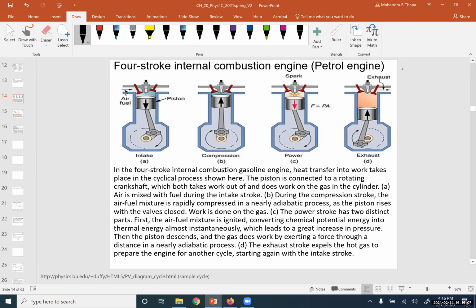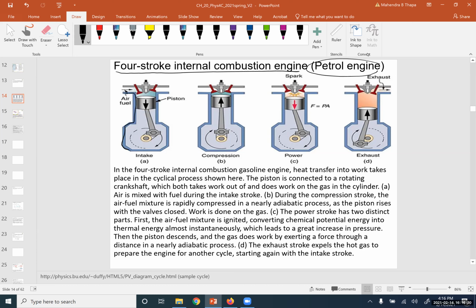So let's start with the four-stroke internal combustion engine. Under that heading, we are going to talk about the petrol engine, and the other is the diesel engine. So let's start with the petrol engine. You see here, this